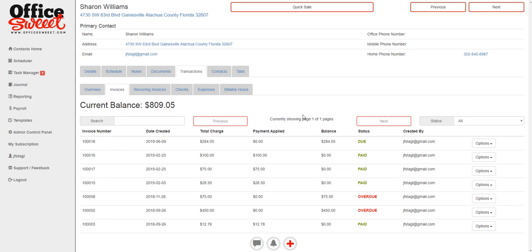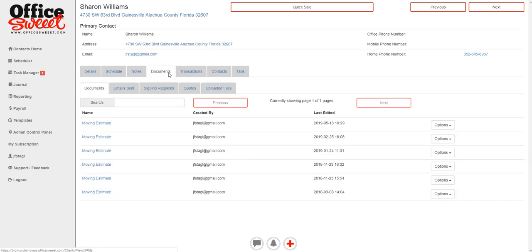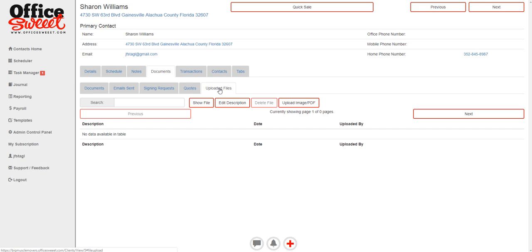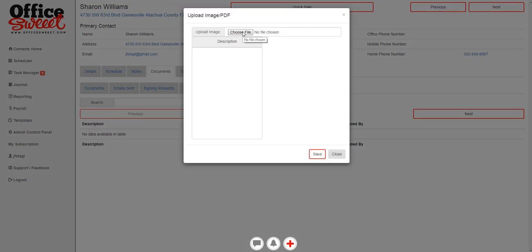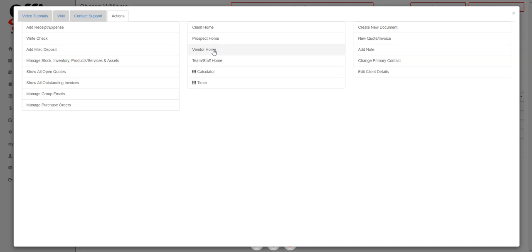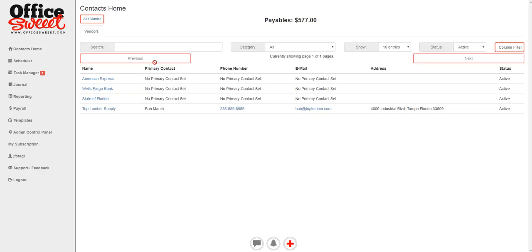So this is just a couple of different types of documents. So let's go back to the documents here. So we have the quotes. We talked about each one of these, and then we have the uploaded files. And we can go here and just upload something, like a scanned document, and just put it in there so we can store that. Obviously, we can do that for vendors, as we will have